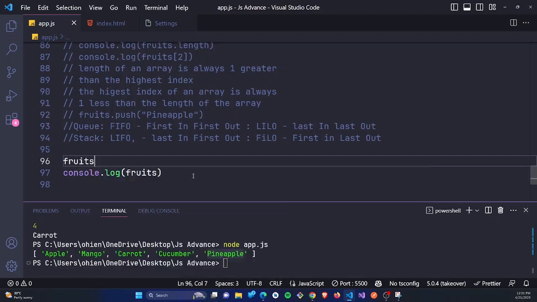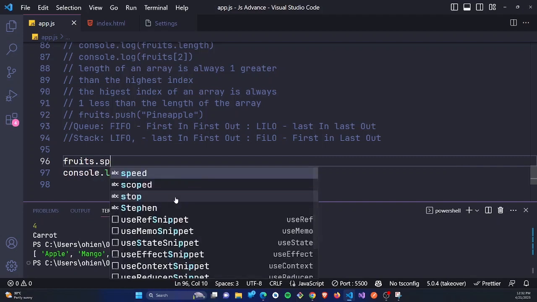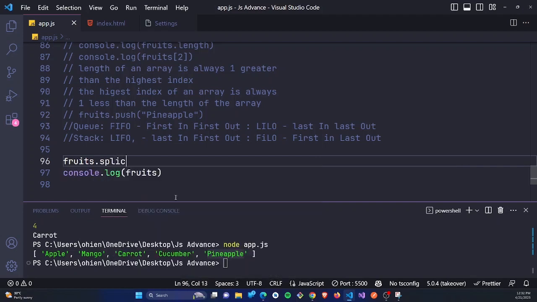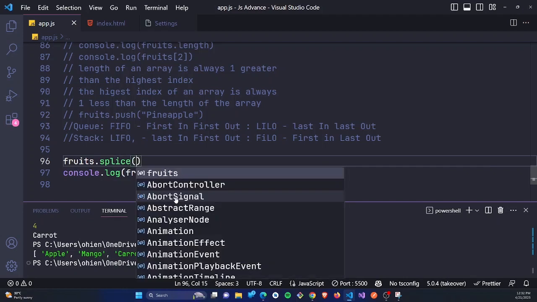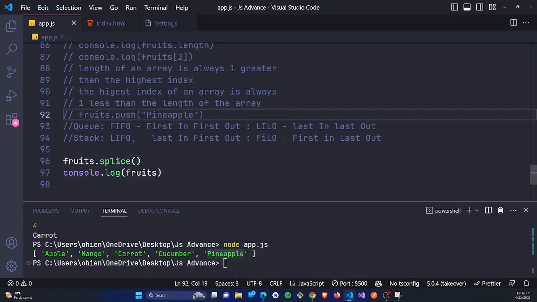If you call an array and you do a dot, you'll see a lot of things might pop up, but of course it's not popping up. But if I do array dot splice and I open this bracket like this,